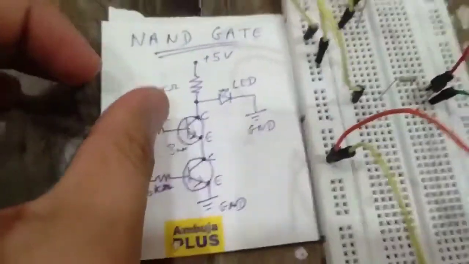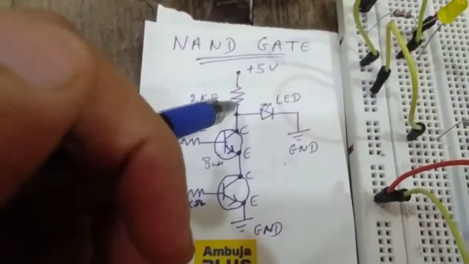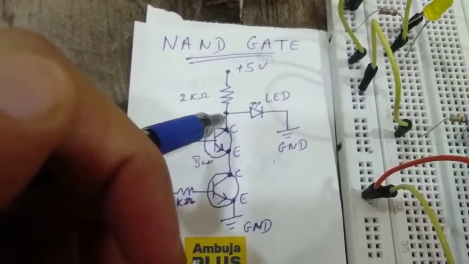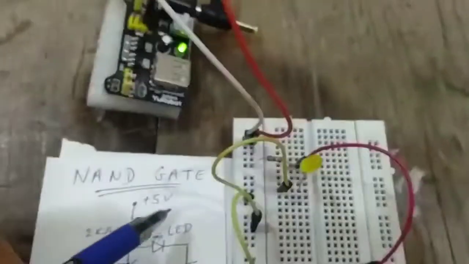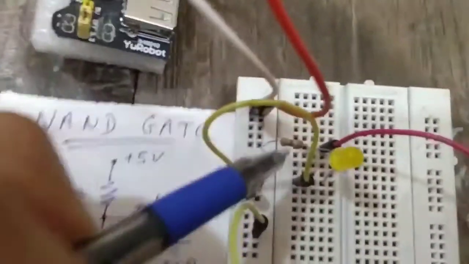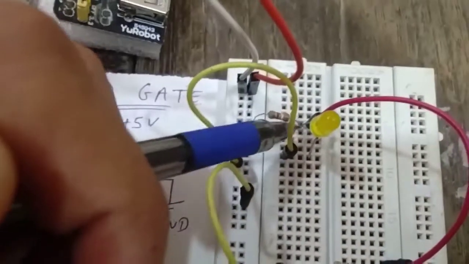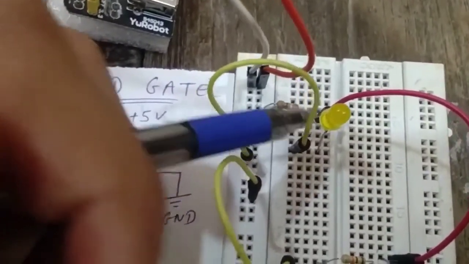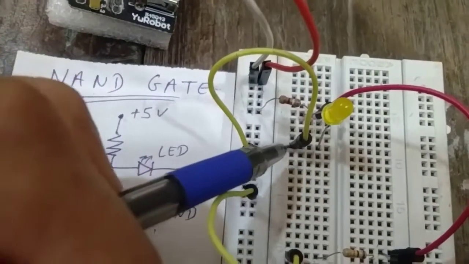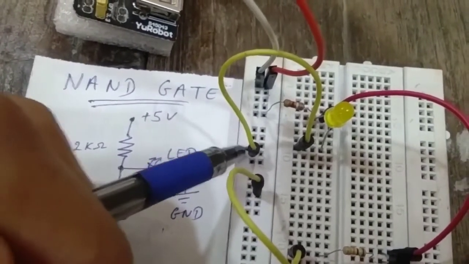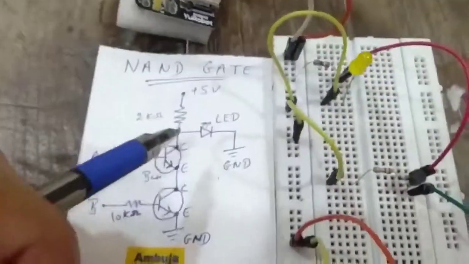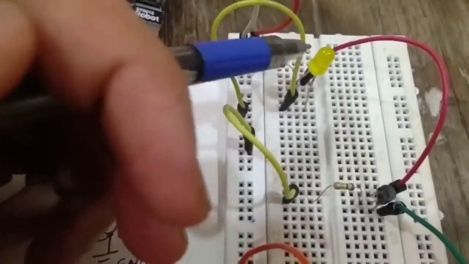So this is how this connection is made. Now also this resistor is connected with an output LED, and further it is connected to ground. So here you can see this resistor is also connected with the positive terminal of the LED, which has a negative terminal connected to the yellow wire, which goes to this negative line, that is ground. So this is the output. This is where we will be seeing the output.